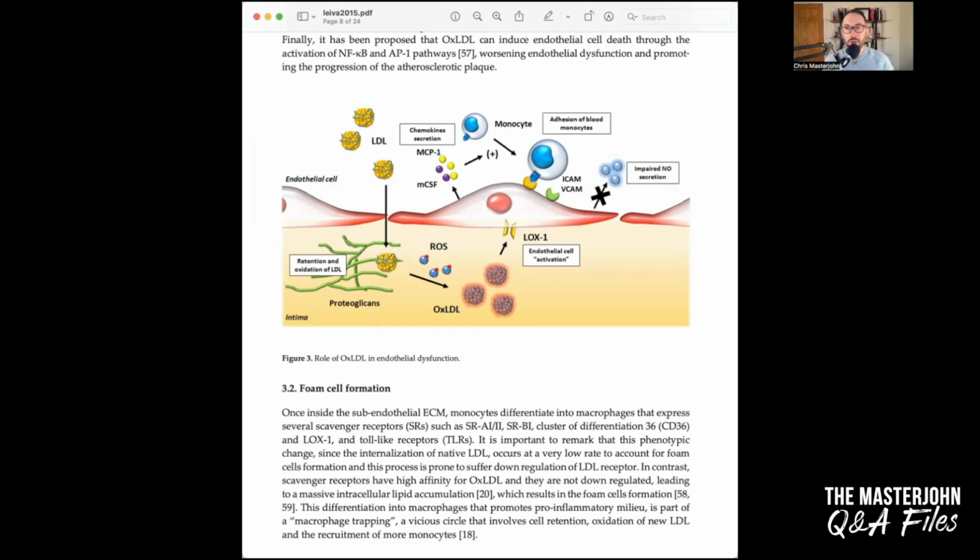Although not depicted in this picture, one of the things that has to happen during LDL oxidation is this: if you take an LDL particle in vitro and expose it to oxidants and just watch what happens, there's what's called the lag phase. And then all of a sudden you have this dramatic explosion of oxidation at some period of time afterwards.